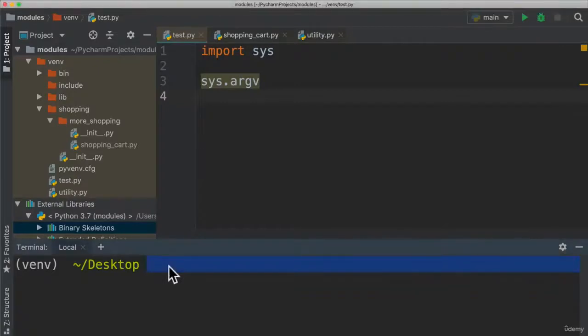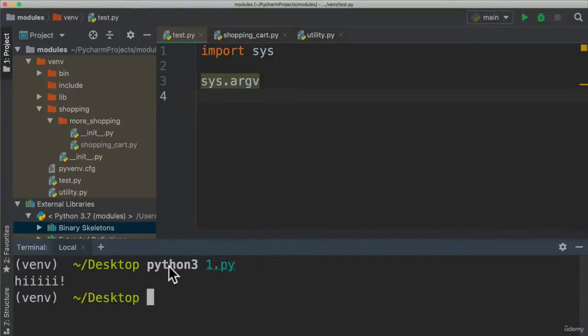And imagine here that I did python3 and then 1.py. If I ran this, I get hi from my terminal because this file's on desktop and I ran the Python interpreter on this. But what if I wanted to do something interesting? What if I wanted to give parameters to this file? Perhaps say that my name is Andre. Well, with